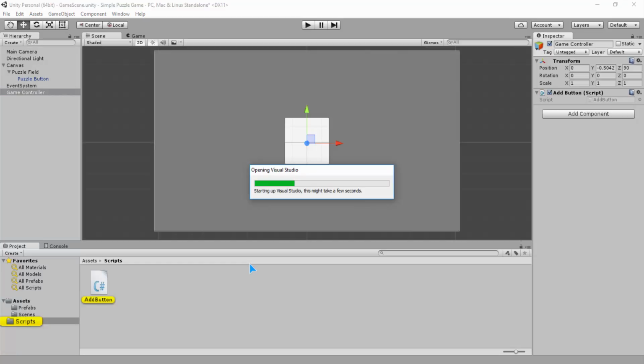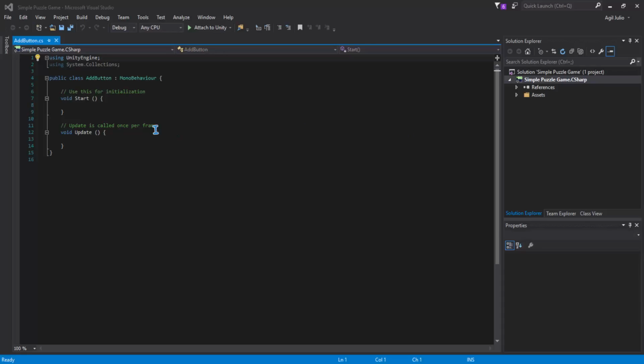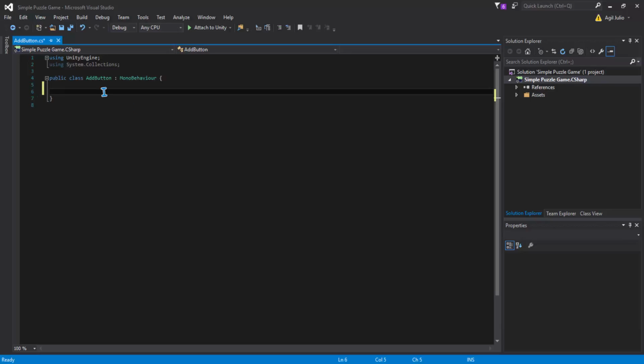Okay, we are opening the Visual Studio editor to make the script add button, and I'm going to remove these two functions and simply create the Awake function. The first function that is going to be called when we run our script.